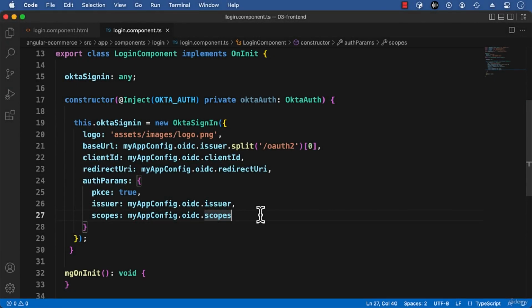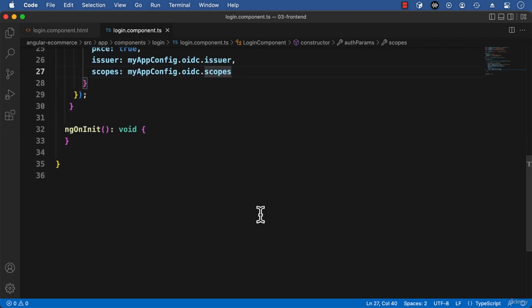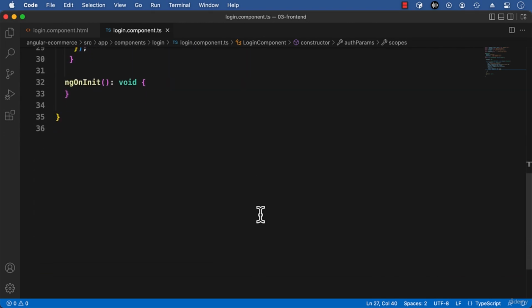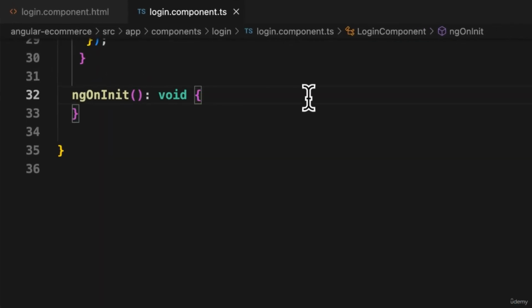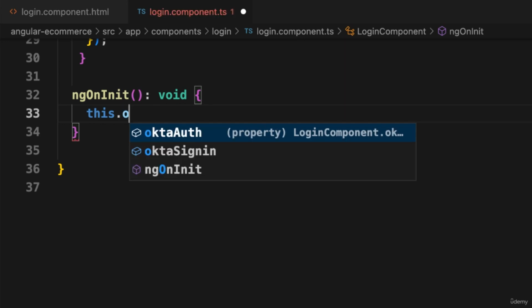Now there's some additional coding we need to do here in this login component.ts, and that work is in the ngOnInit method. So let's zoom in here for a second. And so the first thing we'll do here is we'll say